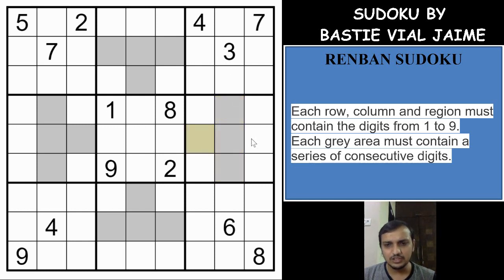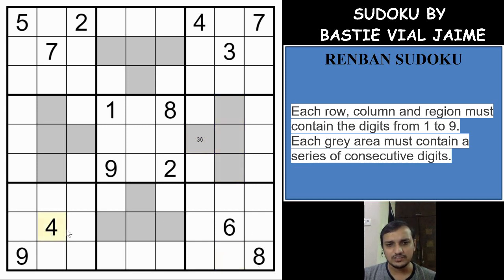So either of 3 or 6 or both might be used, but both are not possible because you will have only one number here, either 3 or 6, and all of these 3 shaded cells won't have both 3 and 6. So either one of these 2 digits will be a possibility in the gray cells, right? And it has to be in exactly this cell, because it cannot be in these 3 cells which have the 3 and 6 already in the column.